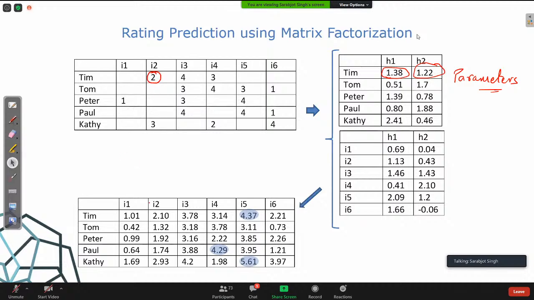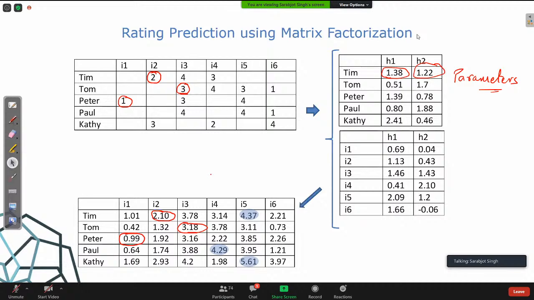The rating was 2. When we multiplied these two matrices, our predicted value was 2.1. So it's a small difference. Here it was 1. We are now getting 0.99 here, right? So again, a very small difference. We look at this one here. This is a 3. What we're getting here is a 3.18, right? So if we look at our cost function, which was the sum of squared error between the observed ratings and the predicted ratings, we can see that that cost function is going to have a low value,